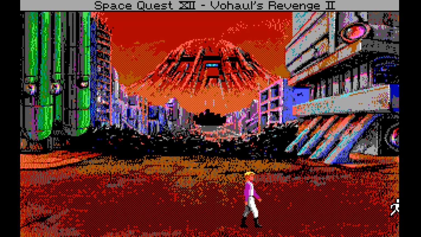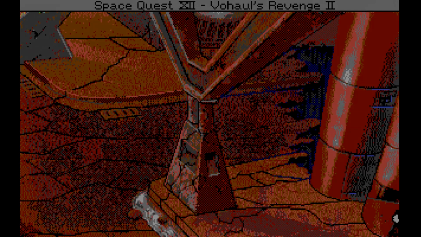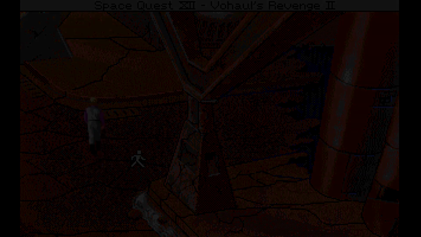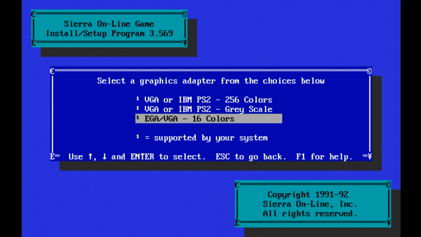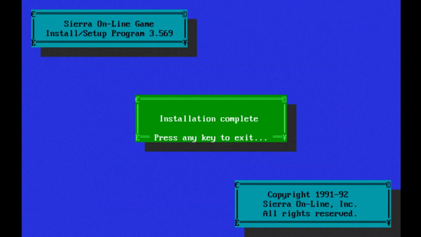But what if I told you that a childhood memory of mine was that there was a different 16-color version of Space Quest 4? One that was just awful, just absolutely god-awful. One that just simply took the VGA graphics and downscaled them into just pitiful 16-color nonsense. I mean, the Amiga version looked pretty bad, but this...